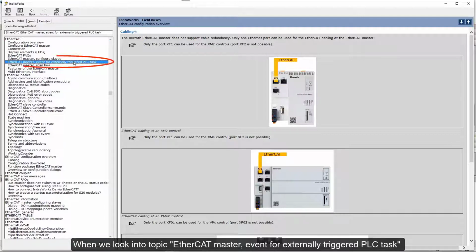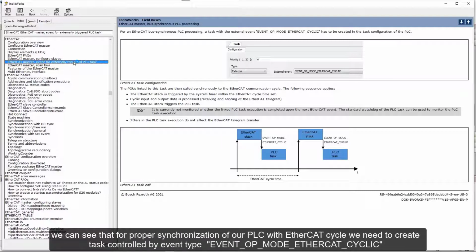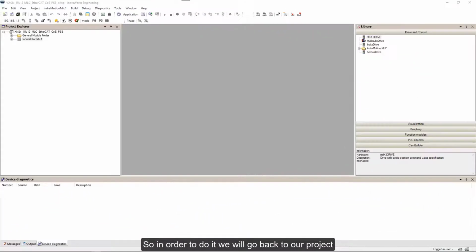When we look into the topic EtherCAT Master event for externally triggered PLC task, we can see that for proper synchronization of our PLC with the EtherCAT cycle, we need to create a task controlled by the event _op_mode EtherCAT cyclic. So in order to do it, we'll go back to our project,